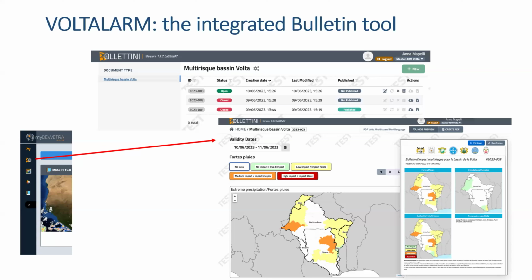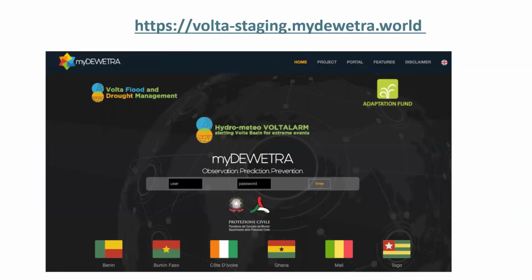The second is Friday. This is just for flood, but for drought, it is 1 per month. And in this period, we don't use a drought bulletin. It is just the risk data about flooding. Here we have our DAX